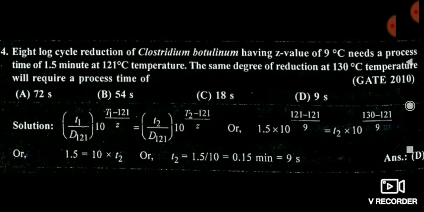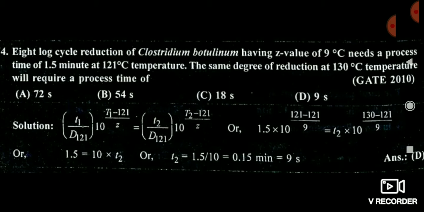Now friends, see another question. It is also very easy. Here is a little bit of misprint in the solution, but you don't have to worry about that. You can easily solve this question because you have understood everything regarding these topics and these questions. So you are very easily able to solve. I will tell you what is happening here. Friends, it is asking about the time, means processing time. At 130 degrees centigrade, means both the temperature T1, T2 values are given, that is T1 is 121 degrees centigrade and T2 value is 130 degrees centigrade.